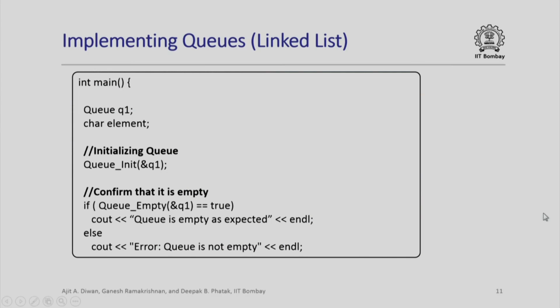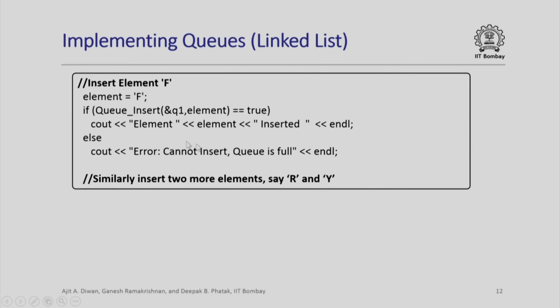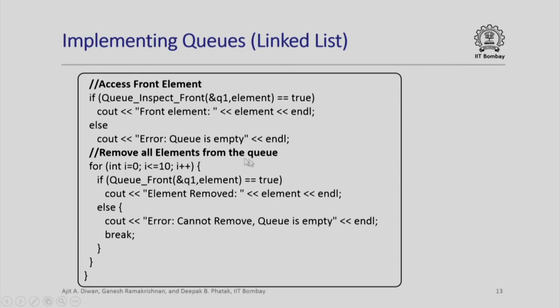Having seen all of this, it is very simple to write a main program to illustrate these activities. I will not spend much time on that because this program is written exactly like the previous program when we implemented Q using arrays. There is absolutely no change, and the functions will behave slightly differently because they are handling linked lists rather than arrays, but the main program will work exactly like that, and I will insert an element f, I will insert say 2 more elements r and y. If I try to insert any additional element, it will get inserted. So, we have removed that part of that main program now.